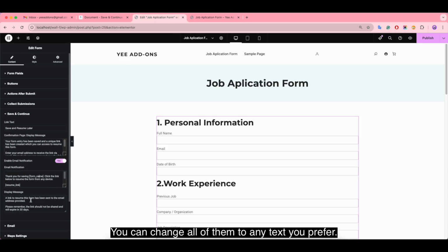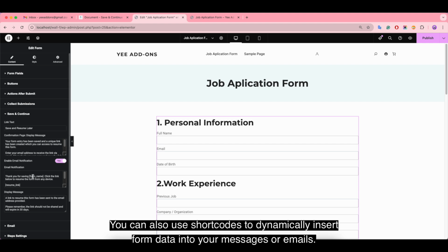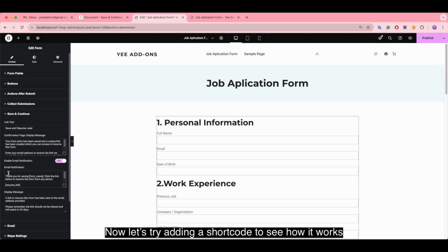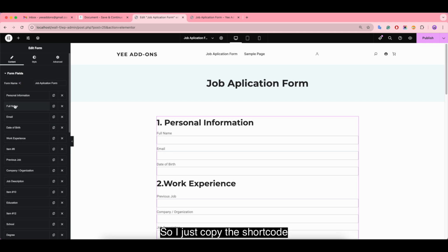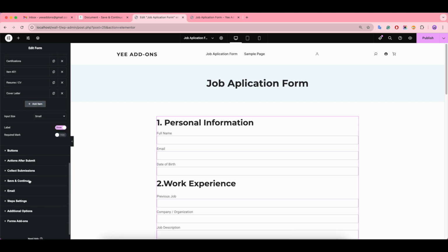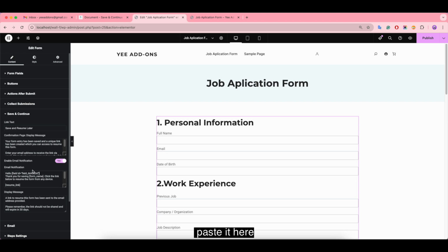You can change all of them to any text you prefer. You can also use shortcodes to dynamically insert form data into your messages or emails. Now let's try adding a shortcode to see how it works. I'll add the name field shortcode into the email notification message. So I just copy the shortcode, paste it here, save the changes,